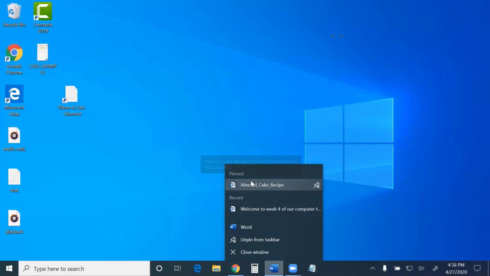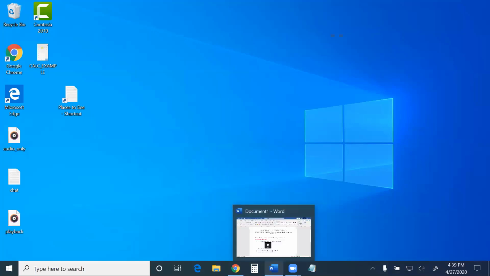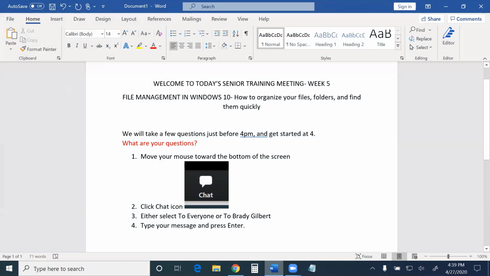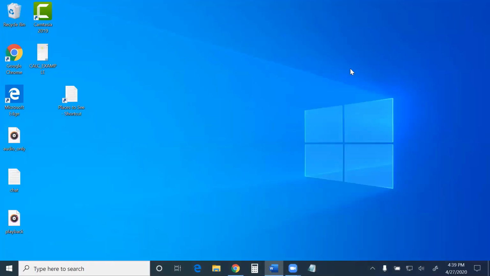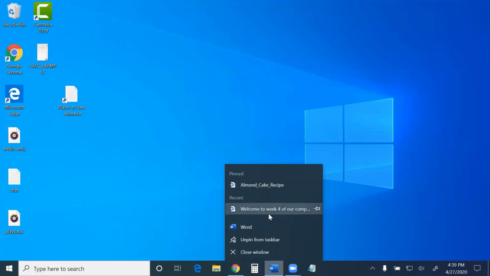For me, I have a handful of documents that I'm in and out of every day of the week, and so I will always pin those to this little shortcut bar. So how did I get back in? How did I get to these files again? If I right-click on the icons that are pinned to my taskbar, I see those files, the most recent ones and the ones that I've pinned. If I no longer want this one to be pinned, I can just hover over it. It says unpin from this list. I click it, and now it's just back to a recent.